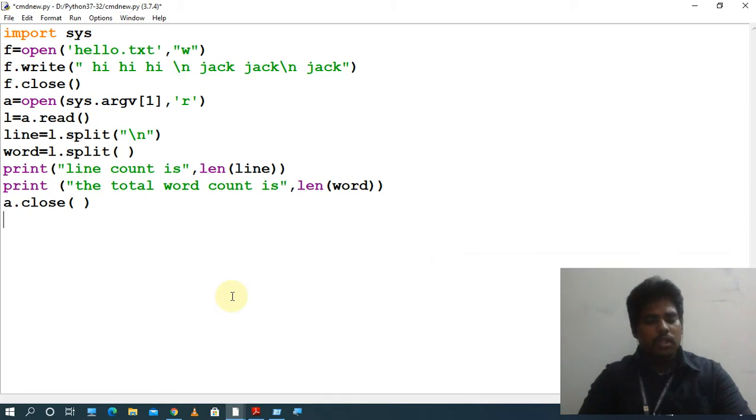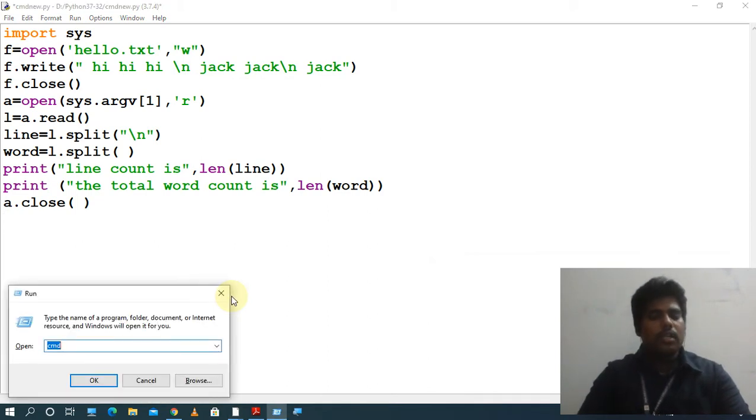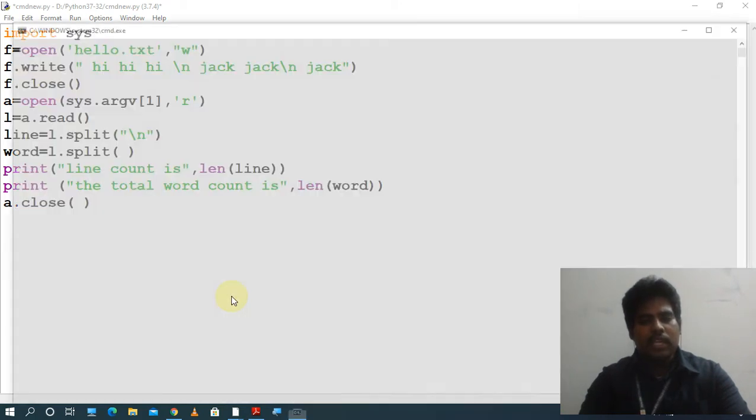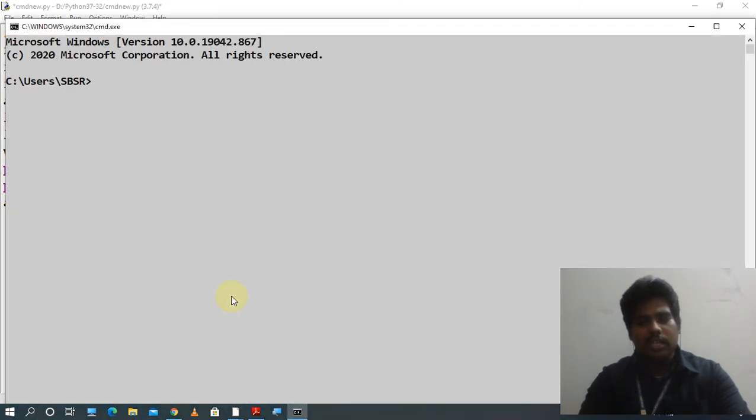Window button plus R button, you will get the run window. In the run window, just type CMD, command prompt. You will get the command prompt. One black screen will be displayed.